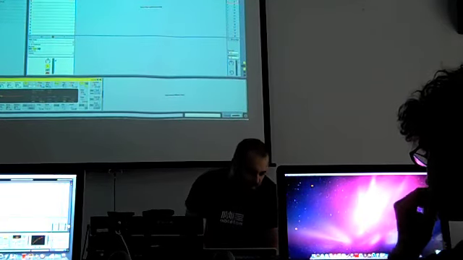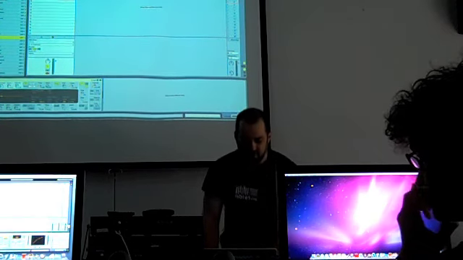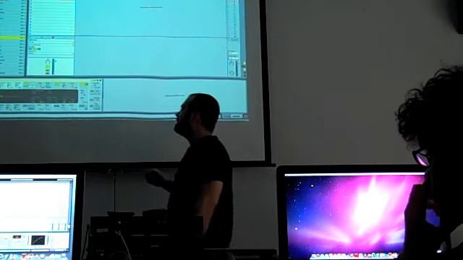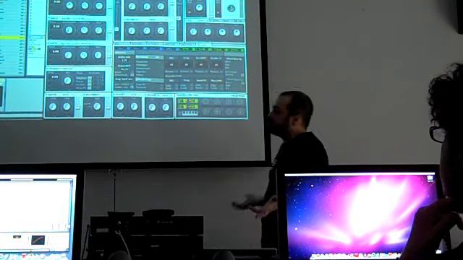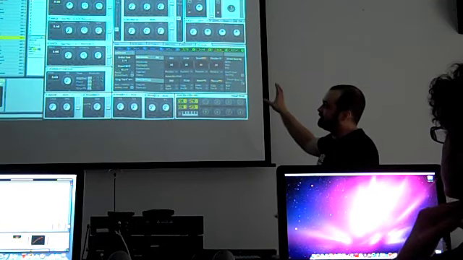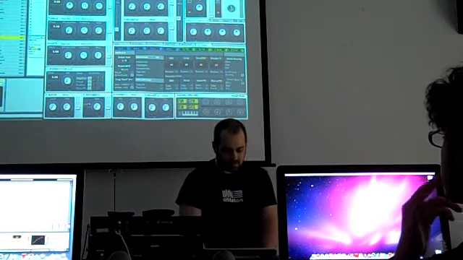And now let's compare the graphic user interface to the GUI of Massive, which is probably my favorite third-party synthesizer right now. But look at how much space it takes on the screen. You do need 2 monitors or 2 displays to really do serious sound design and sequencing at the same time. So that's the real reason I like